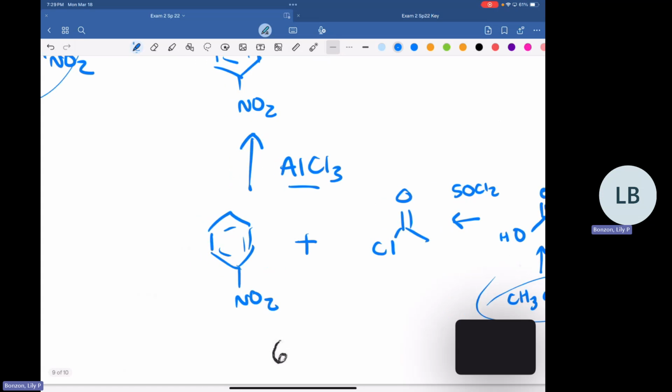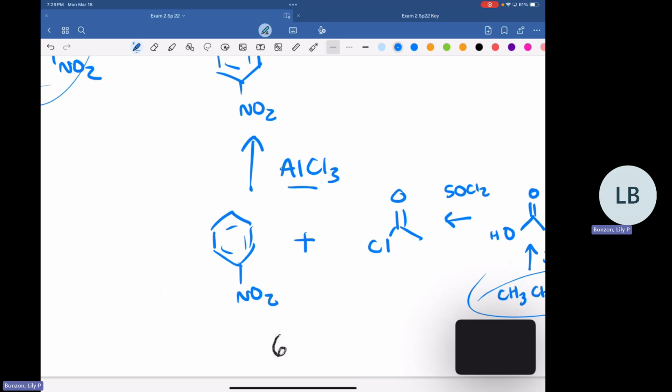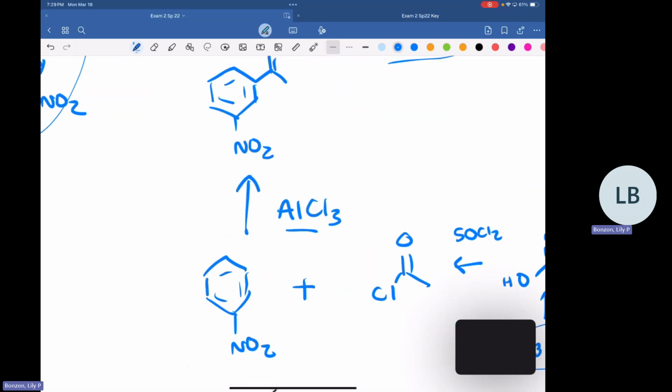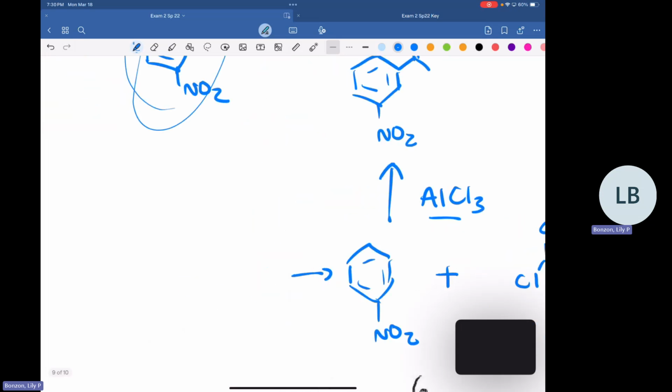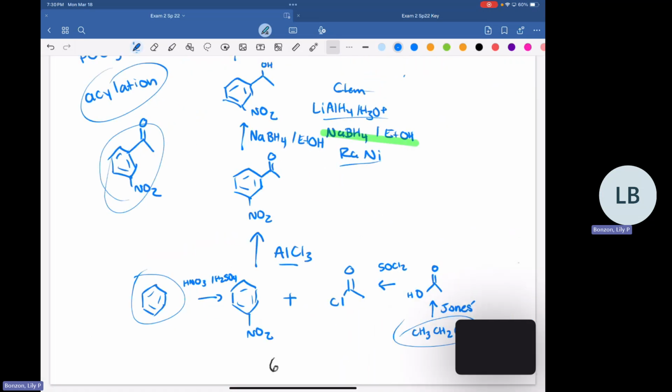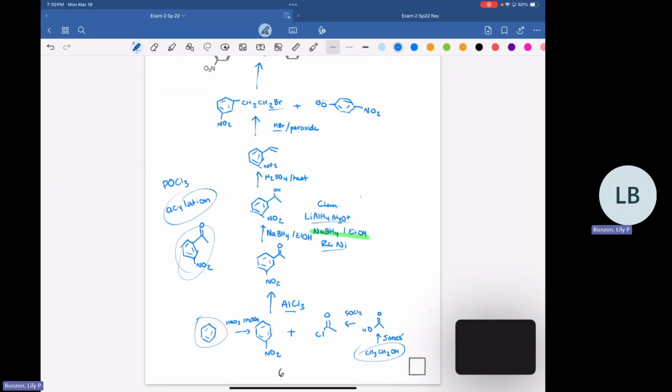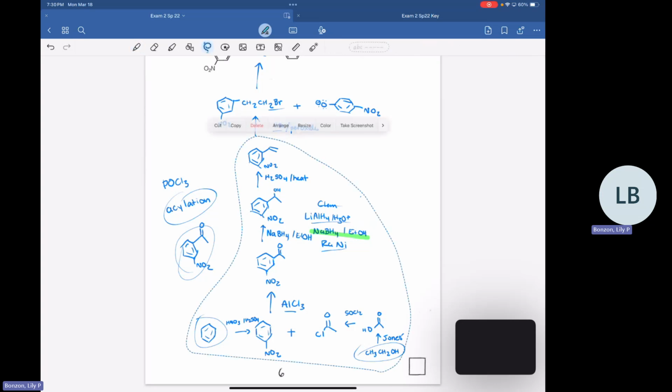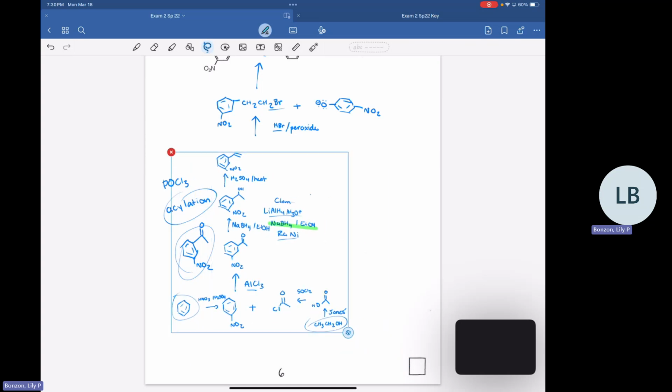Then over here, all right, sorry. Okay, so we're just going to do one of our EAS reactions. We've got HNO3, H2SO4. That's going to do our nitration. And since we don't have anything else on the ring, we don't need to worry about it. We just got our benzene. And so that's going to be good to go there. So now we just have to go back to the beginning and work the other side. Love that. I'm just going to move this over. Okay.